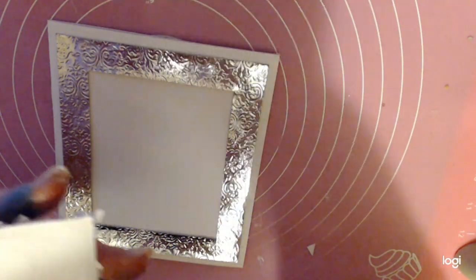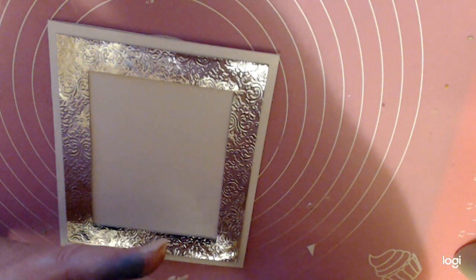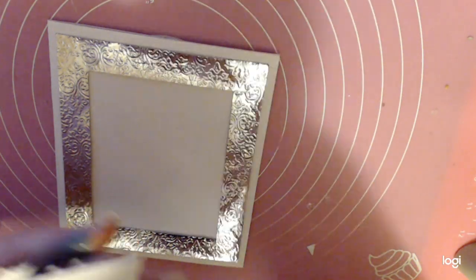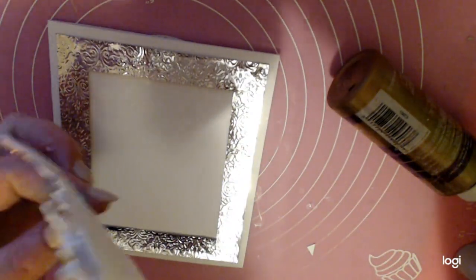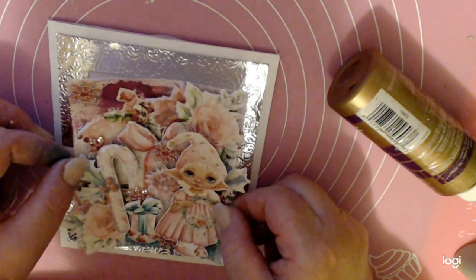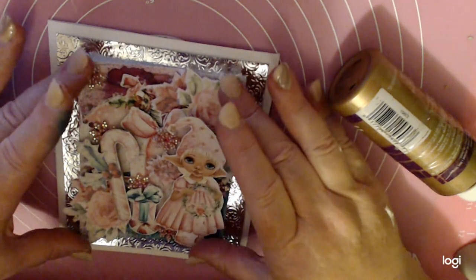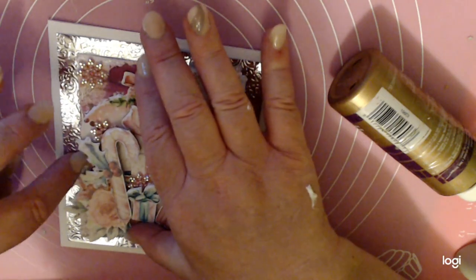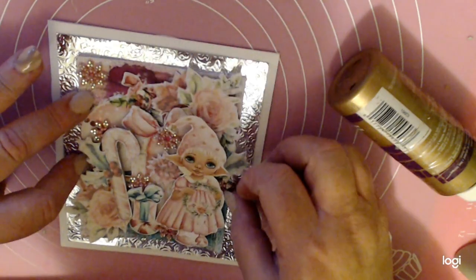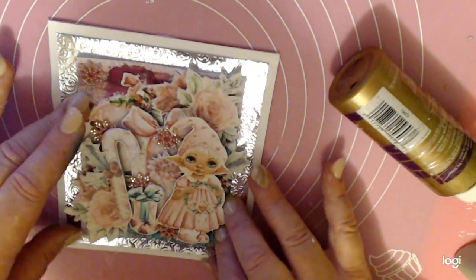Okay. The pot's nearly gone now. Okay. All the way around. Done. Popping it onto the card edge, and it's stuck to my finger now. Okay, try and level it as much as I possibly can. It's looking pretty good, and I'm going to stick it down. There. There, and there. It will curl a little bit because I'm still trying to stick the whole thing down properly,